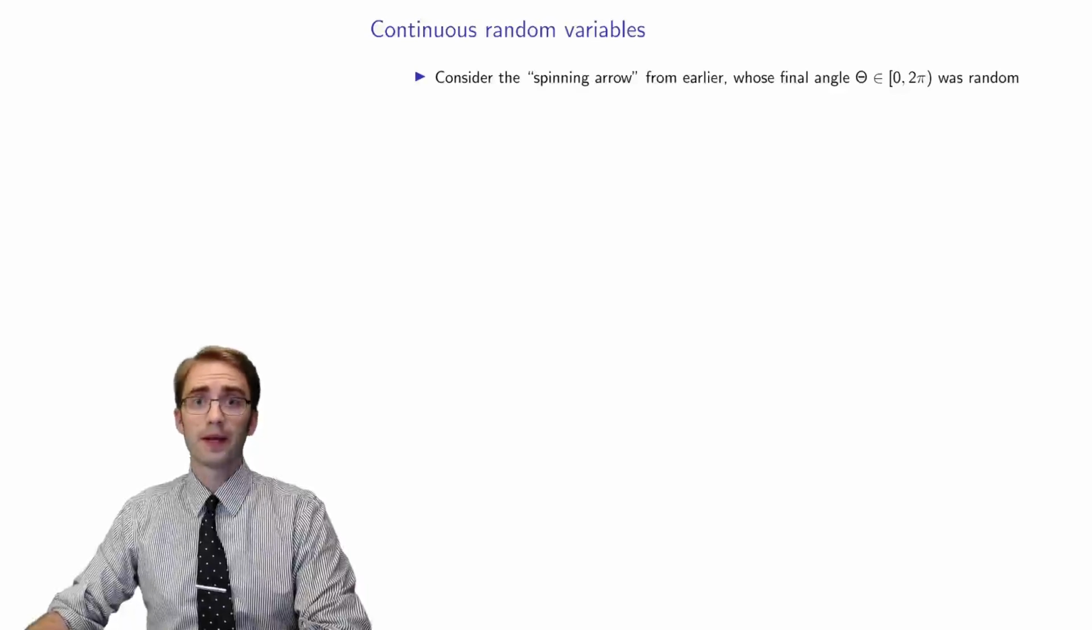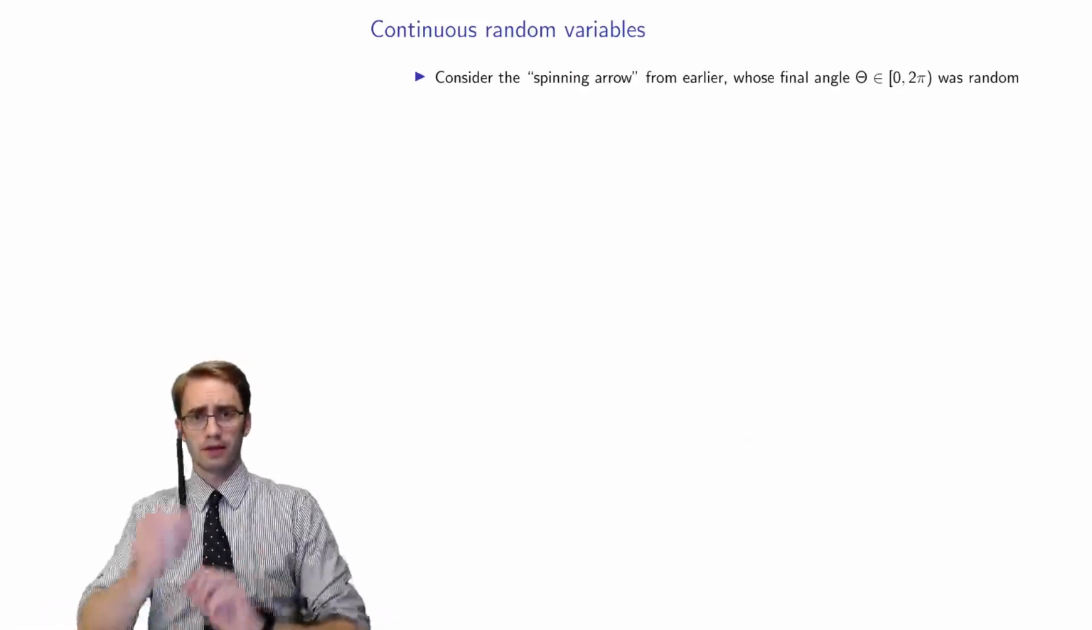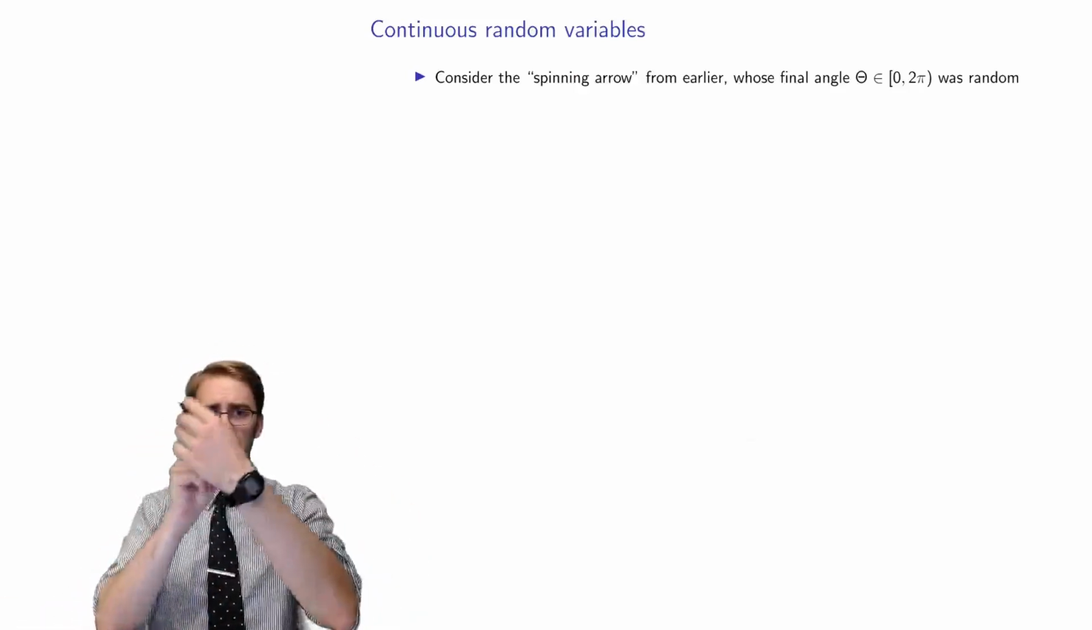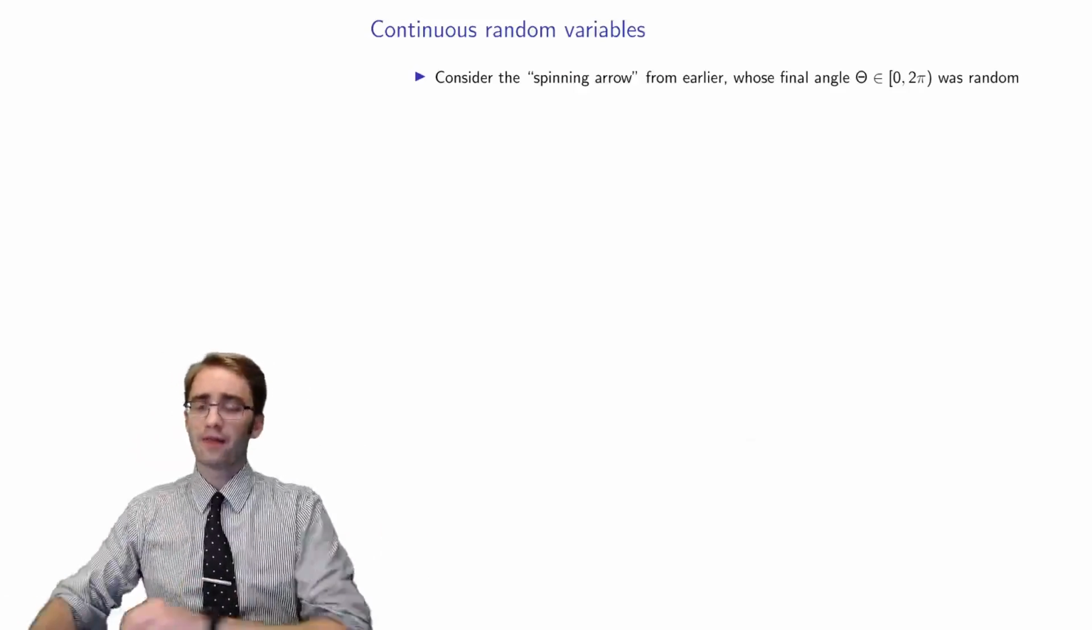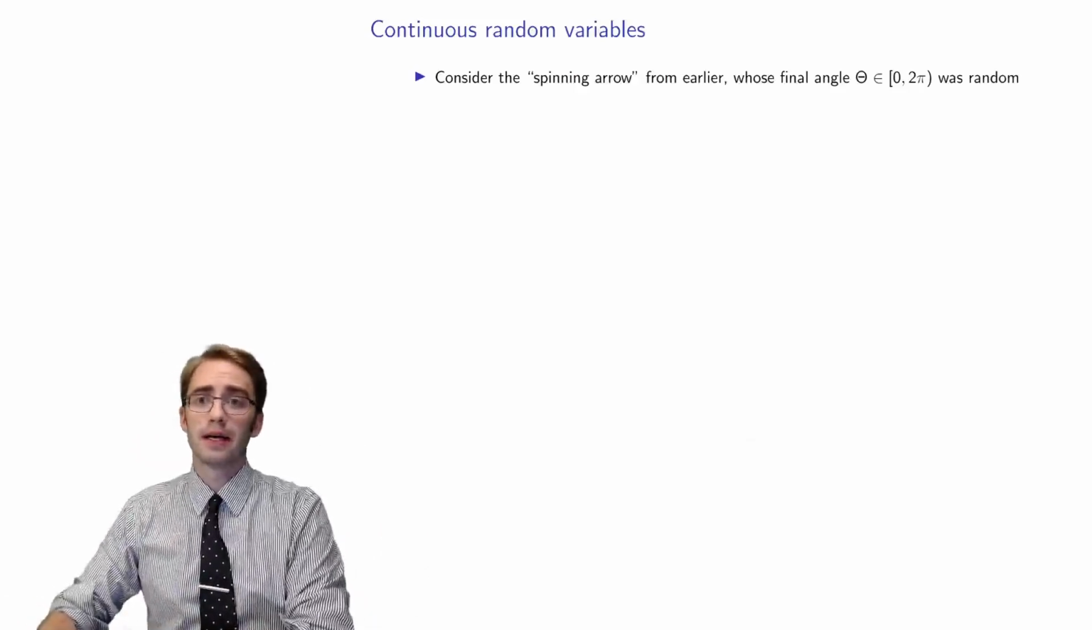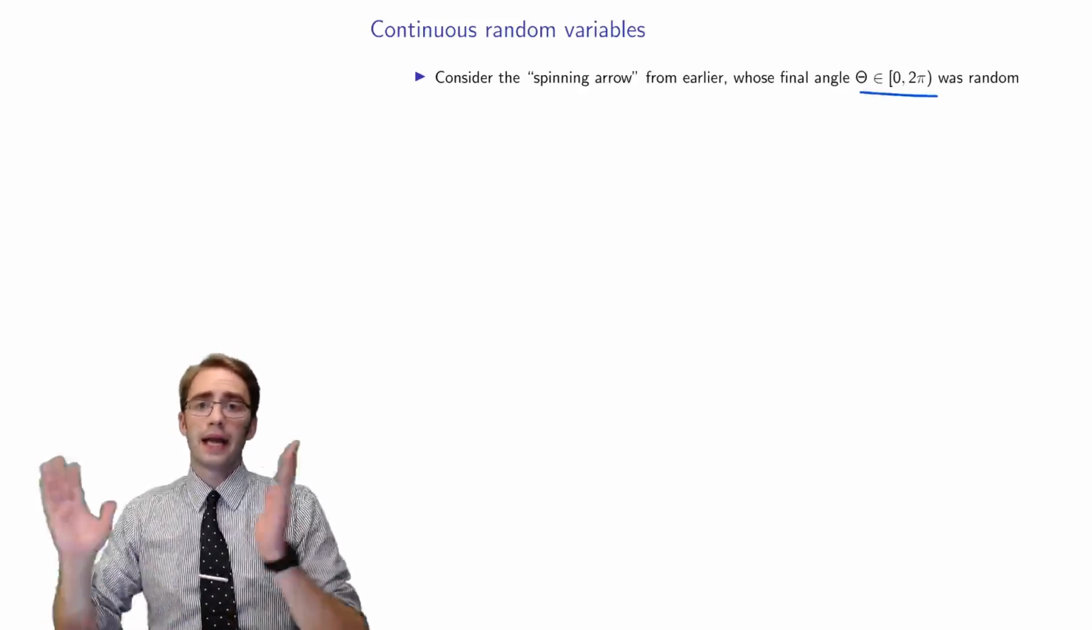We've now talked about a number of discrete random variables, and so next we'll talk about continuous random variables. We already did one example of this before. We talked about the spinning arrow, the kid's little spinner that you flick and you point at a random angle. And we said that spinner had a final angle that was between 0 and 2 pi,